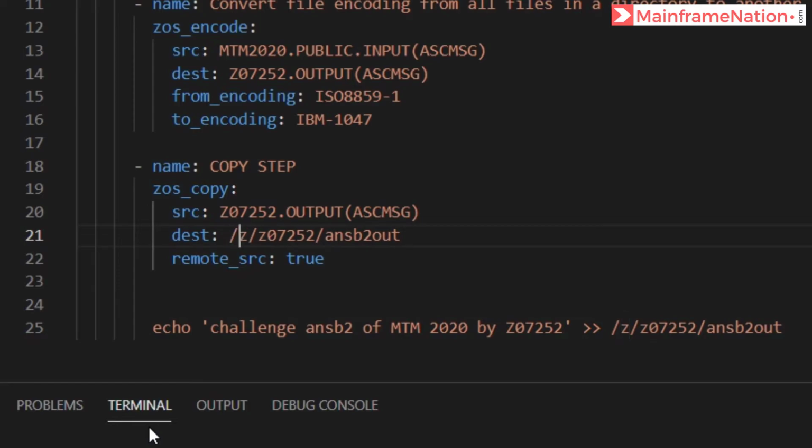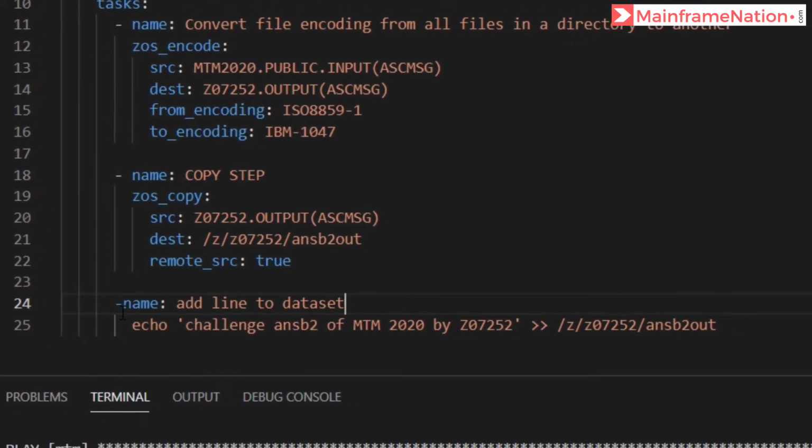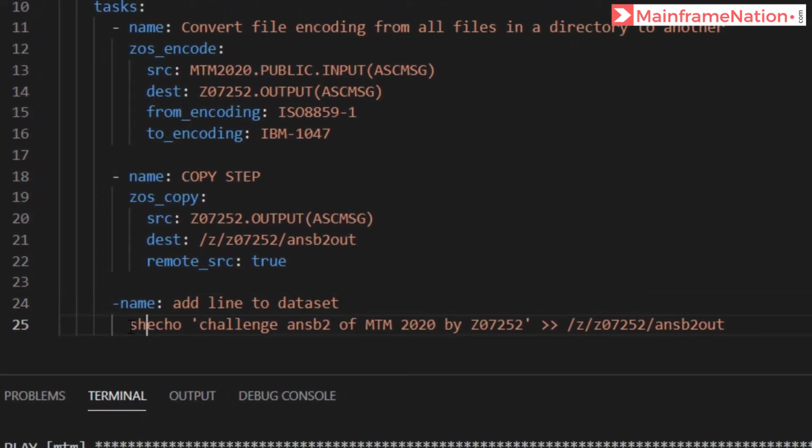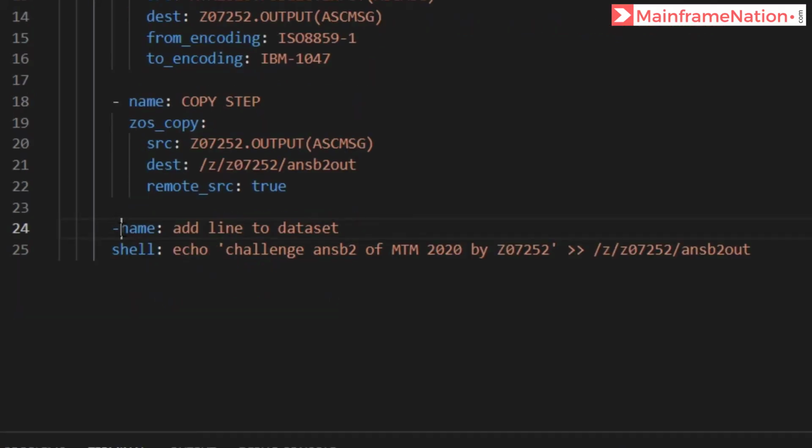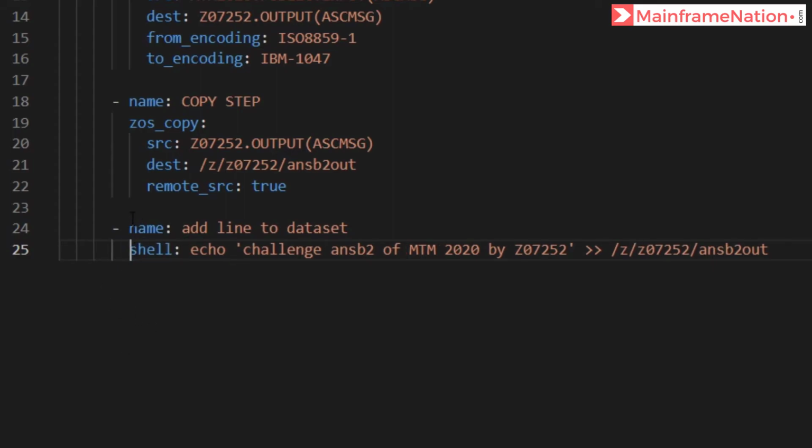Also give a slash before Z. Let's give it a name. Let's call it add line to dataset, and it is a shell command. Also give a space between the hyphen and name, and also make sure of the indentation. It should be in the same line, name and shell. Control S to save.